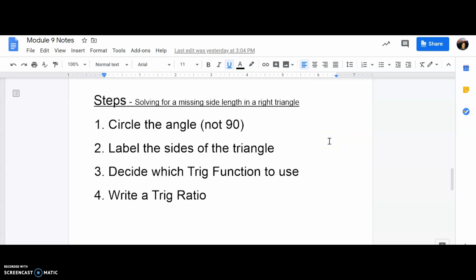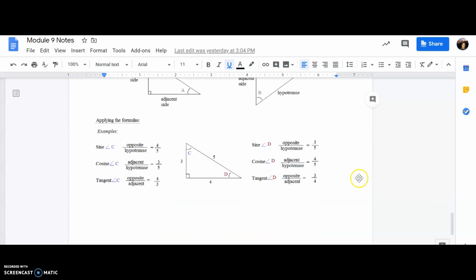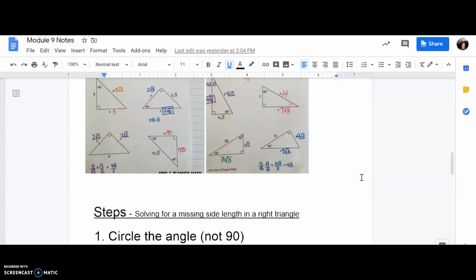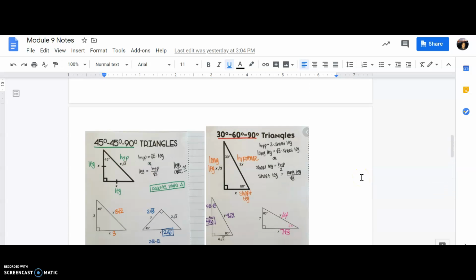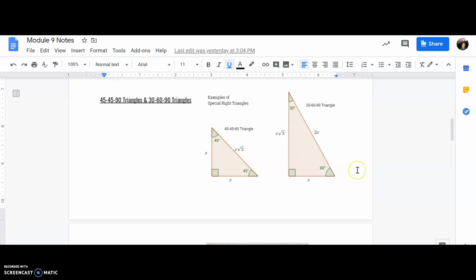Okay, the bottom stuff here is stuff that you're going to need to know for class for today or tomorrow. So we're going to be learning, it's called trig functions. Okay, but these 45, 45, and 30, 60, 90 triangles are going to be super important as we go forth learning about area and volume. If you can't do these, you're not gonna be able to find the missing links so that you can find